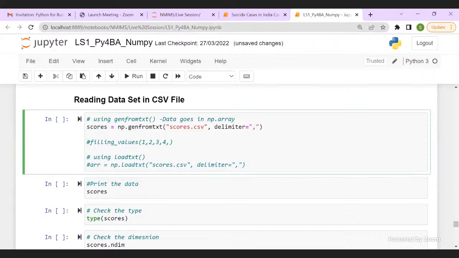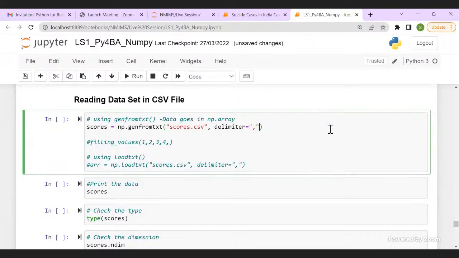Okay, so in case you know that your data set might have some missing values, you go ahead and use genfromtxt and specify another argument called filling_values equal to whatever array name you want to give. It will take care of your missing values.